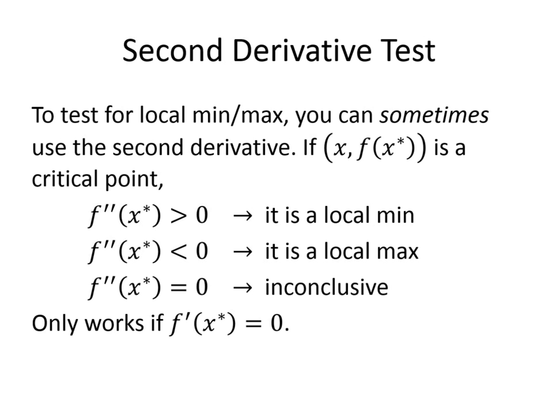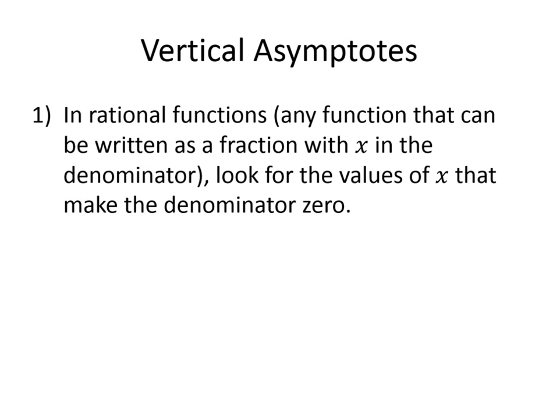All right, other things that you can learn about the shape of a function. Vertical asymptotes, you talked about them in math camp, so I'm going to assume that you understand what an asymptote looks like, and it's just a question of understanding how you find them. Well, vertical asymptotes happen, for our purposes, first in rational functions. So anytime you have a function of x that's basically a fraction that has an x in the denominator, you're going to want to look for what values of x make that